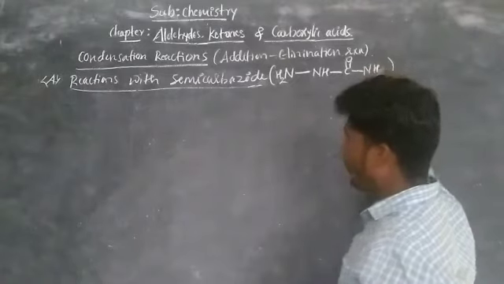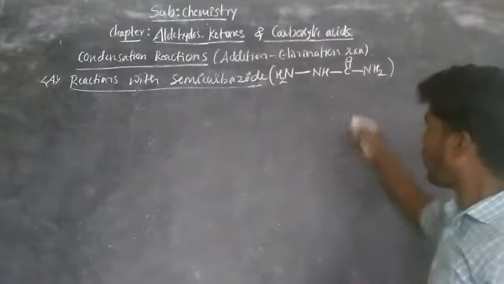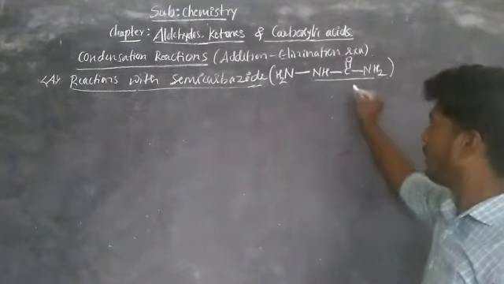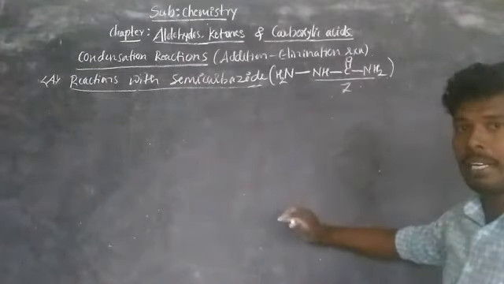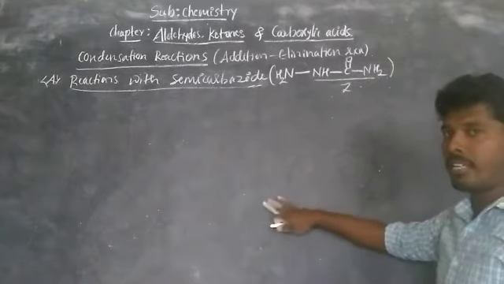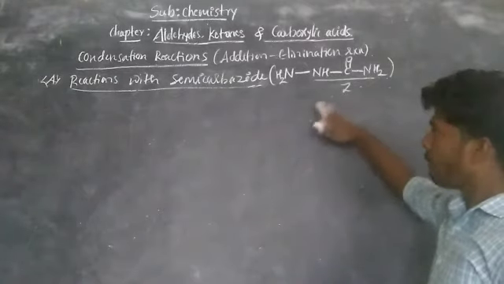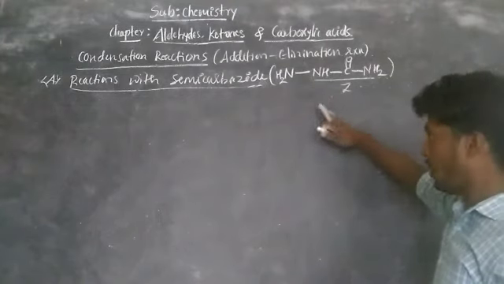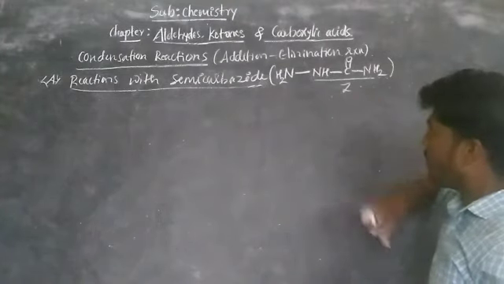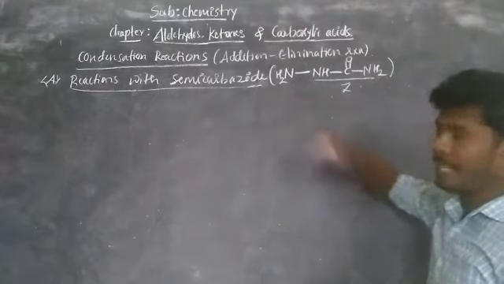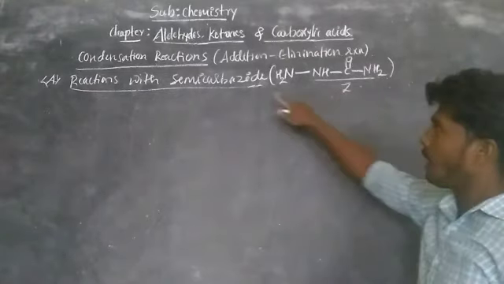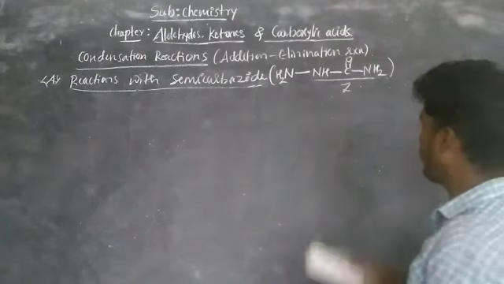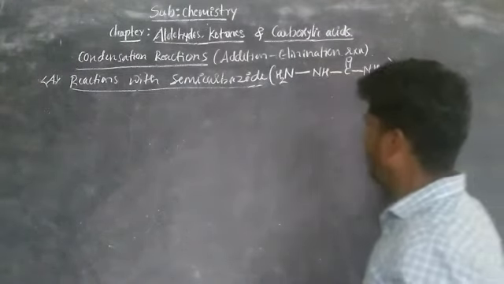So this is the formula of semicarbazide. In the place of Z we are writing this one. This is called Z. So I am writing here for phenylhydrazine, semicarbazide, 2,4 DNP and hydroxylamine, all those four. So recall once, this is the Z group for semicarbazide. So always the semicarbazide gives semicarbazones.